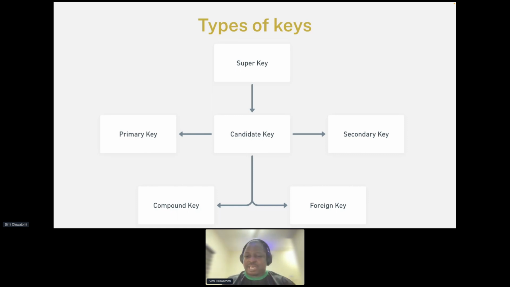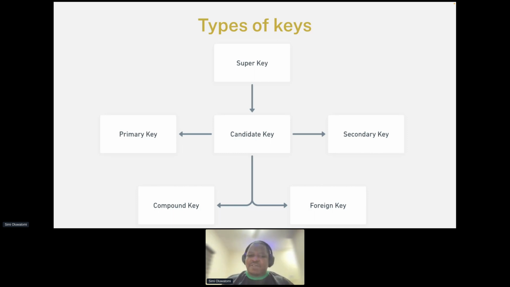We have the primary key. Now, the primary key is simply the key that you chose to be your number one. That's the simplest explanation that I can give to it. Your secondary key could have been the primary key. Maybe if you liked the name better, it could have been the primary key, but it is not. It is also a key, it is unique. It could be a candidate key in that it cannot be null in your system. But because you just didn't like it, you decided to make something else the primary key.